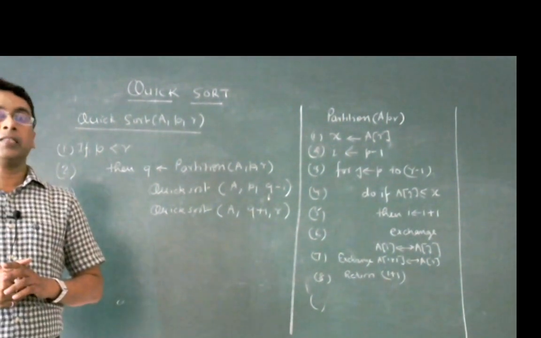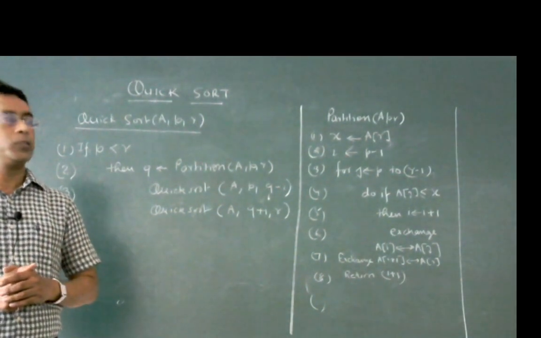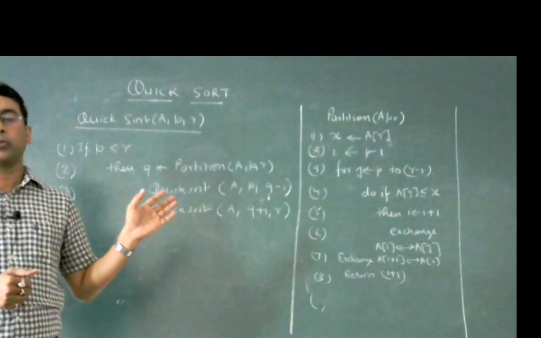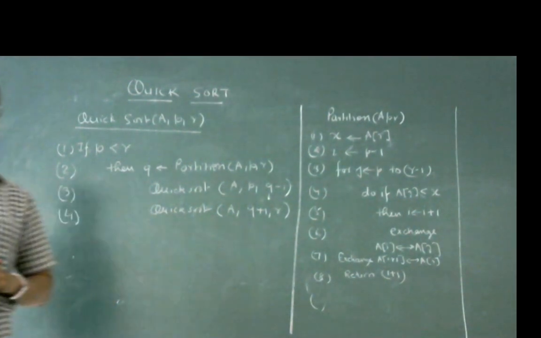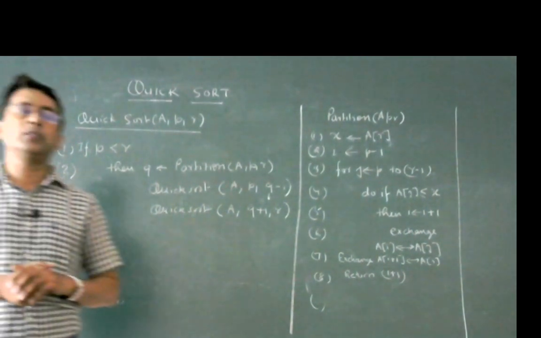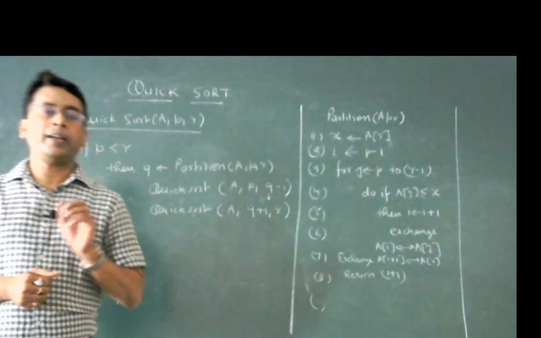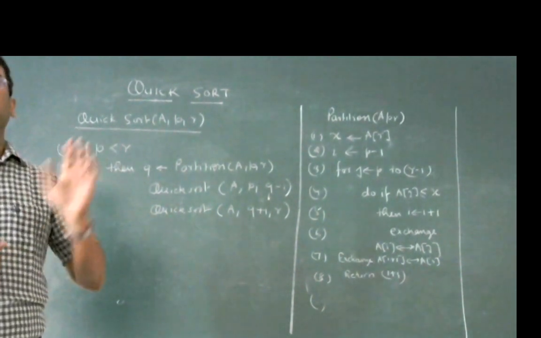The quicksort technique is very unique in its approach because it uses the divide and conquer strategy, which has not been used in the sorting algorithms that we have studied till date. In this algorithm the name is quick. Quick means fast. This algorithm's name is not random.